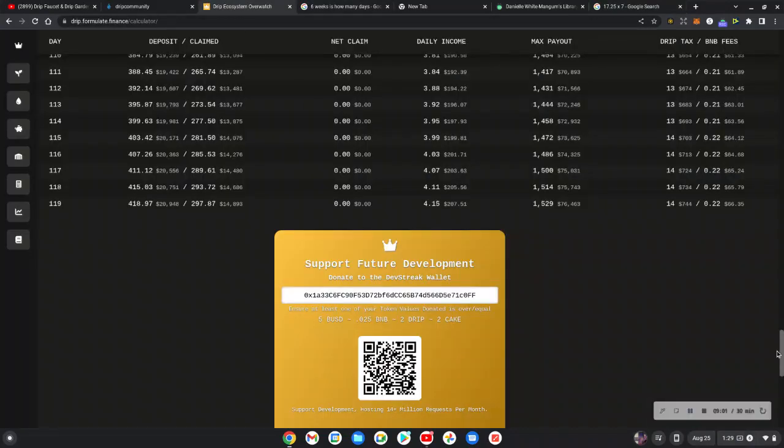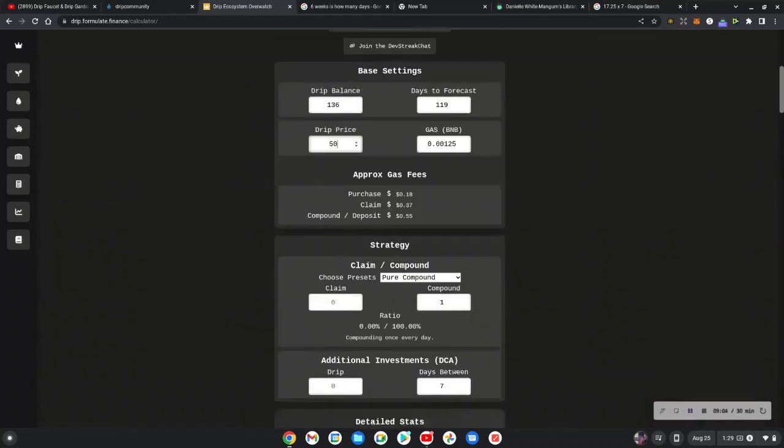So let's look at it again, and let's pop the price up to what Stunner and them was making. By January, Stunner been in for like, shoot. He was in, because he got in the pre-sale, so he was in from like April, May, June, July, August, September, October, November, December. He was in 9 months before it actually went up to $190. So he compounded the whole 9 months. So he had a lot of drip.